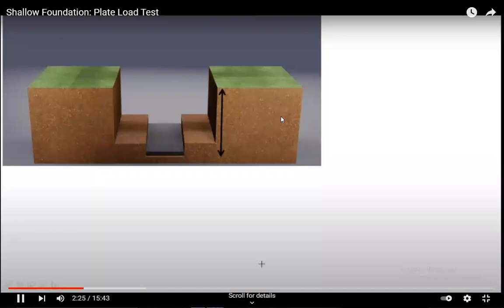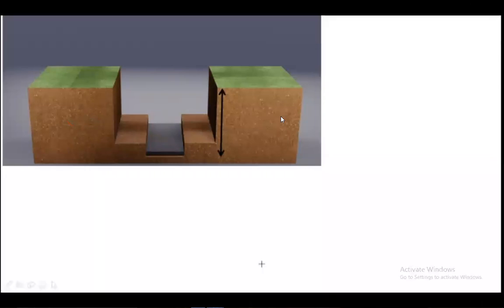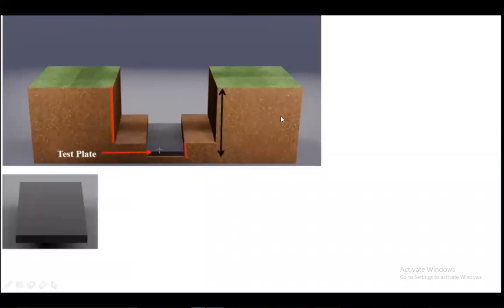Next, we'll talk about the plate itself, because as I said, the plate is the most important part in this plate load test. The test plate is located at the bottom. So you create a test pit like this, and in this test pit you create yet another pit, a small depression, inside this bigger pit. That depression is the size of your plate itself. Usually it is 25 mm in depth, and width equals the width of the plate.